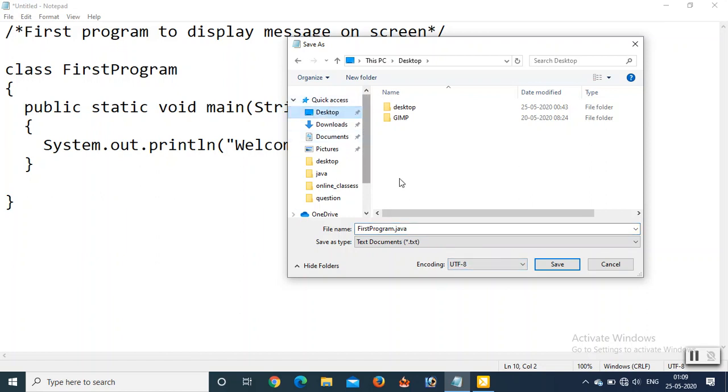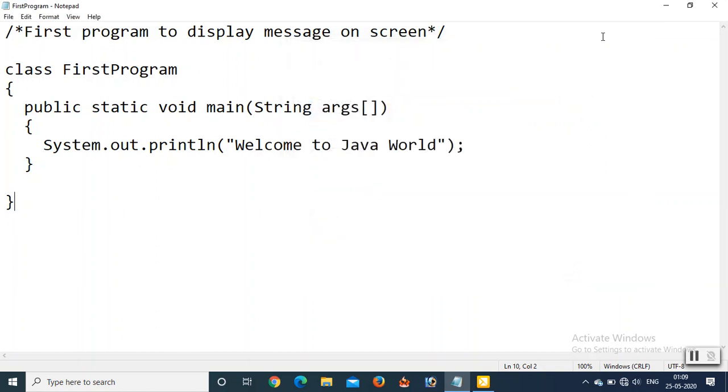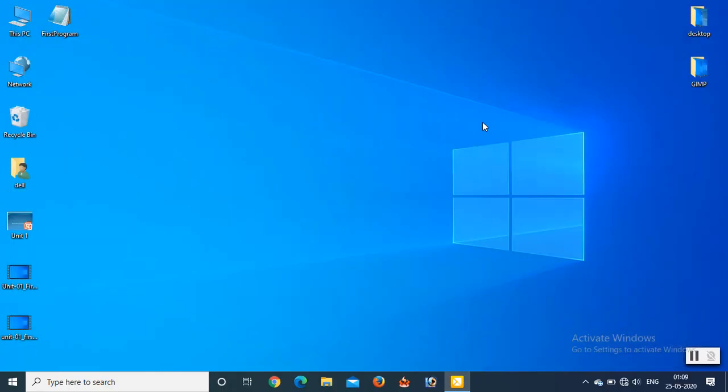So I just click on this desktop icon, and now I am going to save this file. Once our file is saved, look here, then go to your desktop and look here, there is one notepad file which is saved.